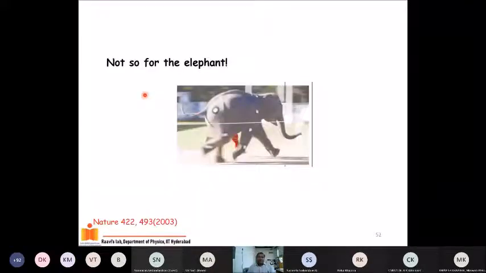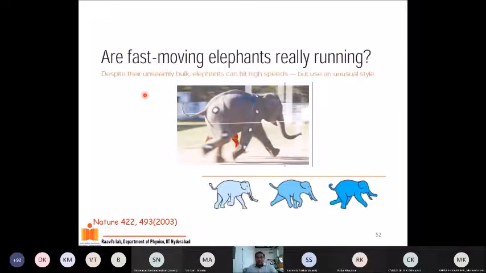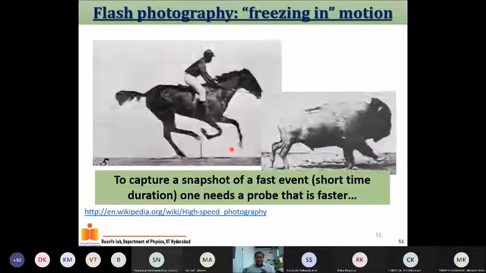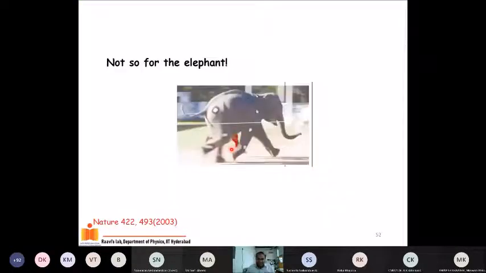As a fun fact, this is not universal for all mammals. It was found that this is not so for the elephant. In fact, there's a Nature paper published in 2003 which says that even though elephants run fast and achieve high speeds, there is never a case where all 4 hooves of the elephant are in the air. Okay, again, it is an experiment which they have done to show that what people have done here is not always universal, and that is the fun part of it.